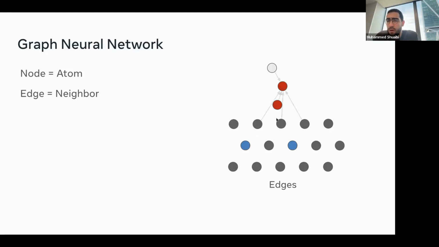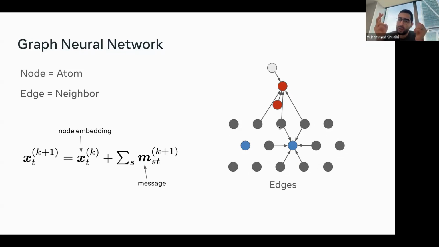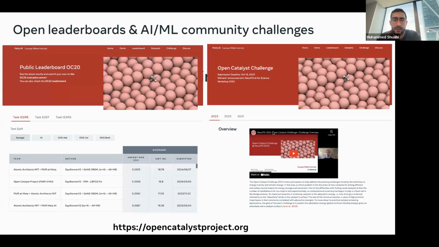And the other thing graph neural networks need are edges. This is what we consider neighbors. So I need to know that this atom exists, but I also need to know the distance between me, myself, and the nearest atom, and so on. And the idea here is with just these two, knowing the nodes and the edges, you can build a model around how we can communicate information between different nodes, and we can use this representation to make predictions for energy and forces.